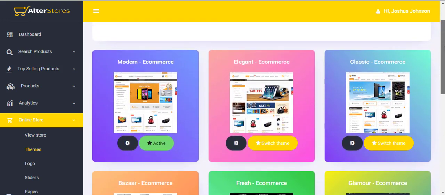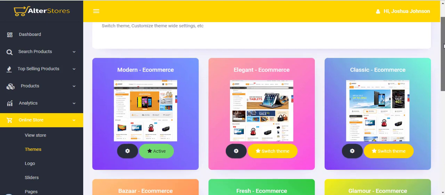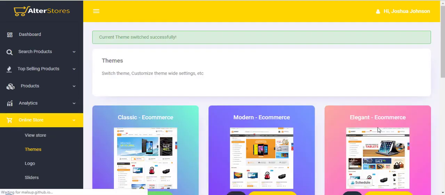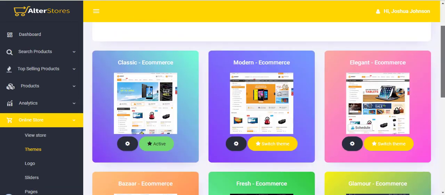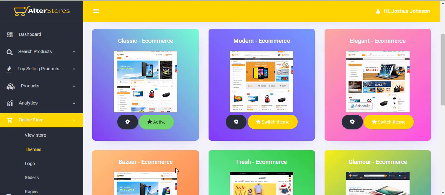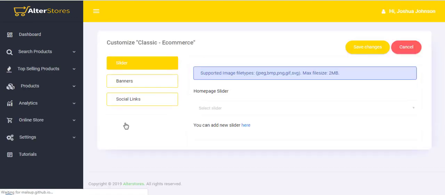Okay, let's say we are to work with what we have here. Let's go with classic and see how classic looks for us. So coming down to classic, all you need to do is hit the switch theme, and that theme becomes your current theme which you use. And if you want to customize something further from this theme, once it becomes your active theme, you could see the gear icon here. All you need to do is click on the gear icon,